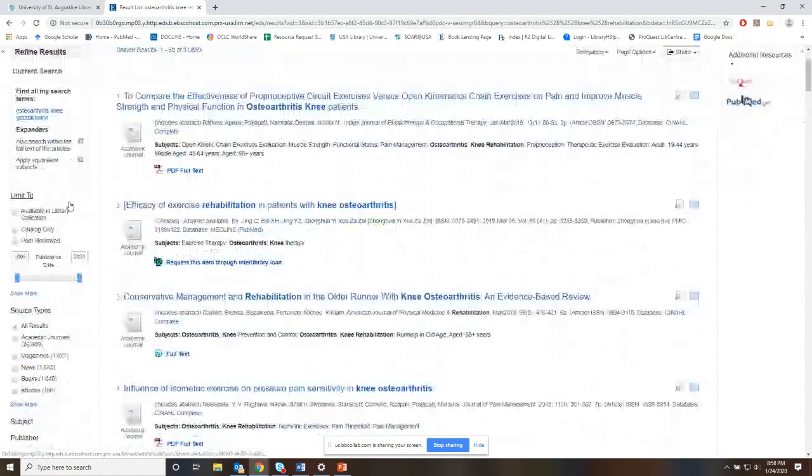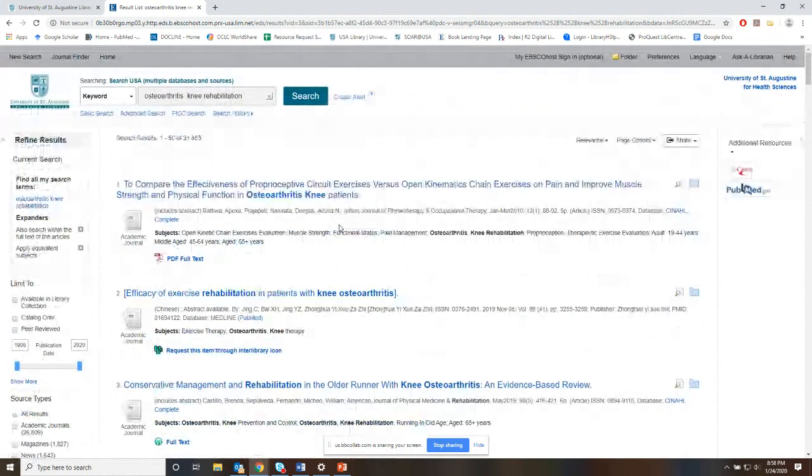And so I advise students when they start, don't limit themselves to what's available in the library collection, because that's just going to limit you to what we have right on hand that you can access right now. I'd say if you're in a time constraint, maybe that's the case. You may want to do that. But if you don't have the time constraint,